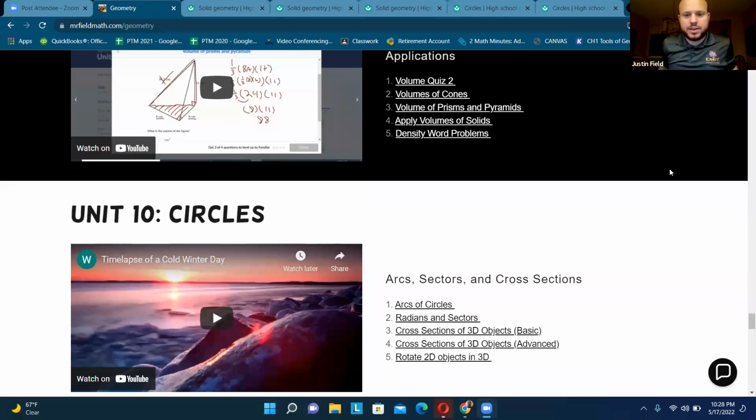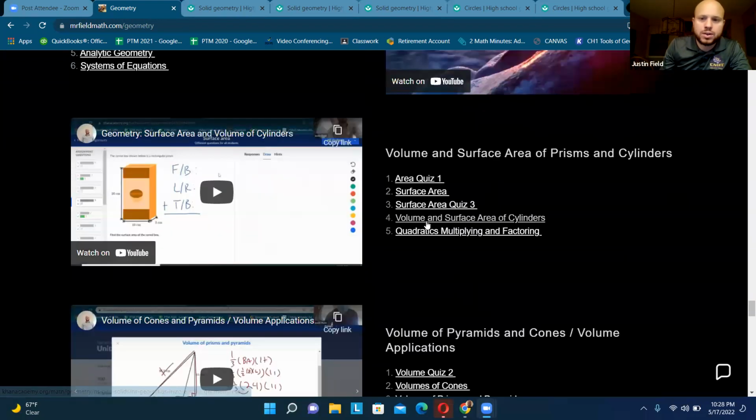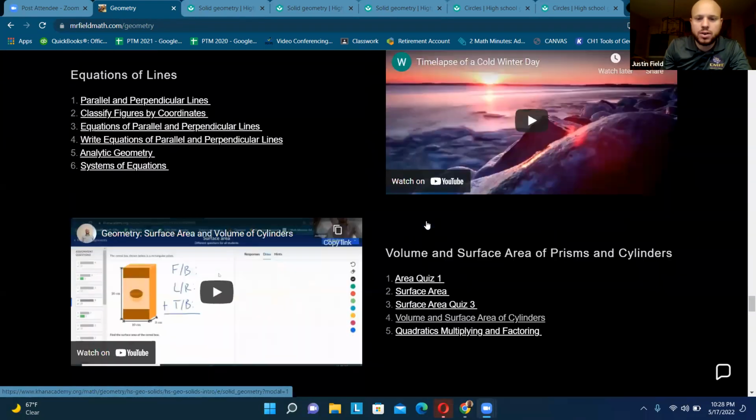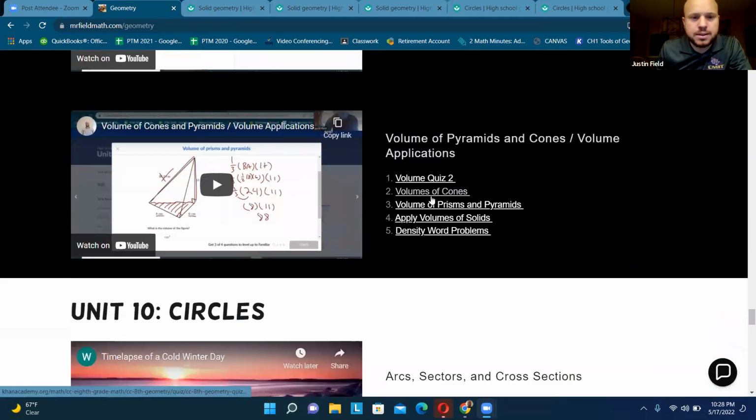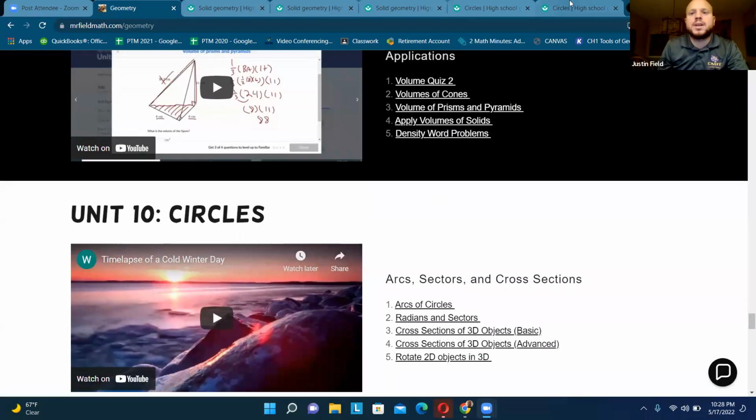All right, let's give this a try. We are beginning our last unit of the year, Unit 10, on circles. I know that was a quick unit on volume and surface area, but you can still practice it,